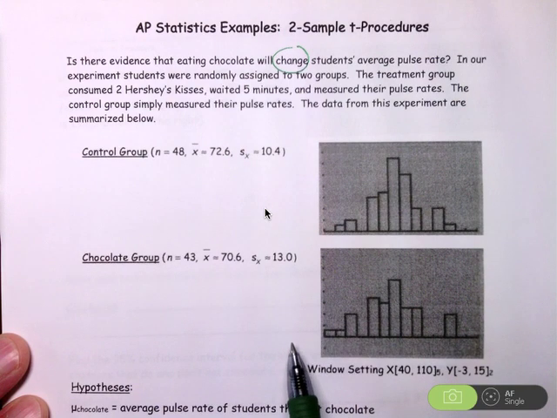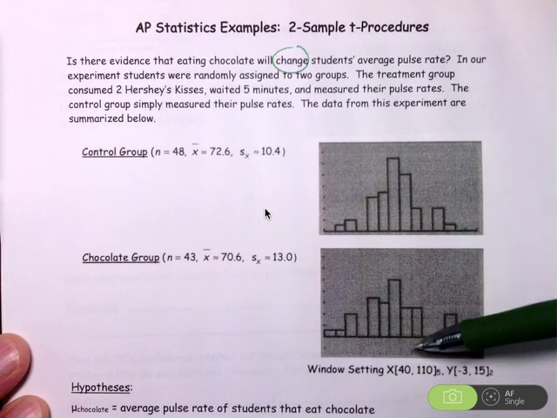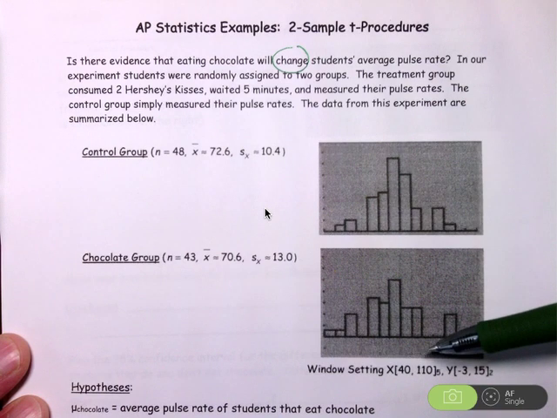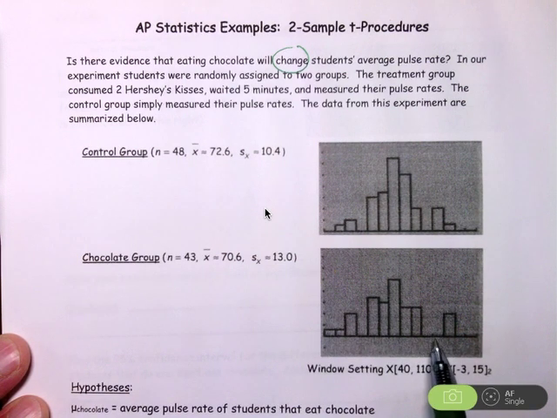So based on the data that I've given you, because these are reasonably mound-shaped and reasonably symmetric graphs, I don't necessarily see outliers in any of these graphs. So maybe there's a gap here. I'm not really sure if I would call that a gap. And the truth is, if I simply change the window settings and instead of putting 5 beats per minute within each class, if I made it 4 beats per minute, that gap might actually disappear. So the truth is, I'm not convinced that there's necessarily a gap right there, but there certainly aren't any outliers in either of these data sets.